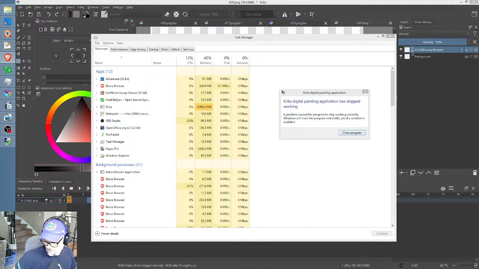Well, is it good news or bad news this morning? It looks to me, at the moment, like bad news because Krita digital painting application has stopped working. Here's a tip for you. Two tips today on Krita. The first one is